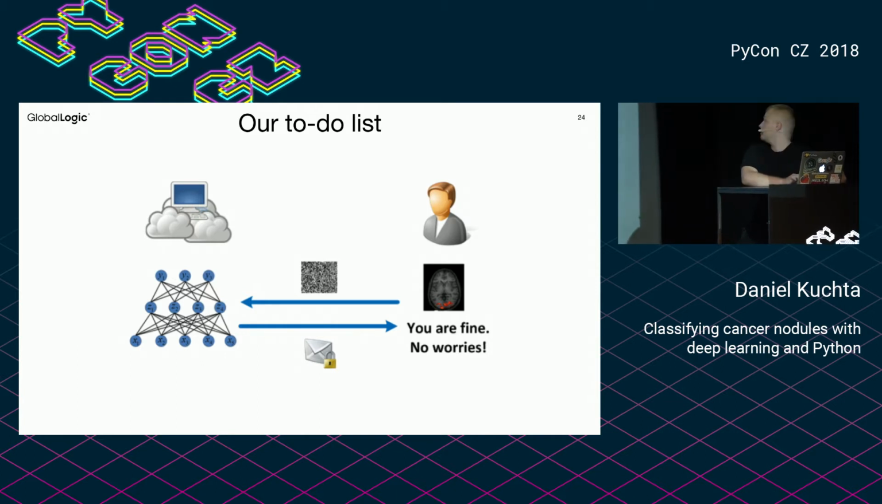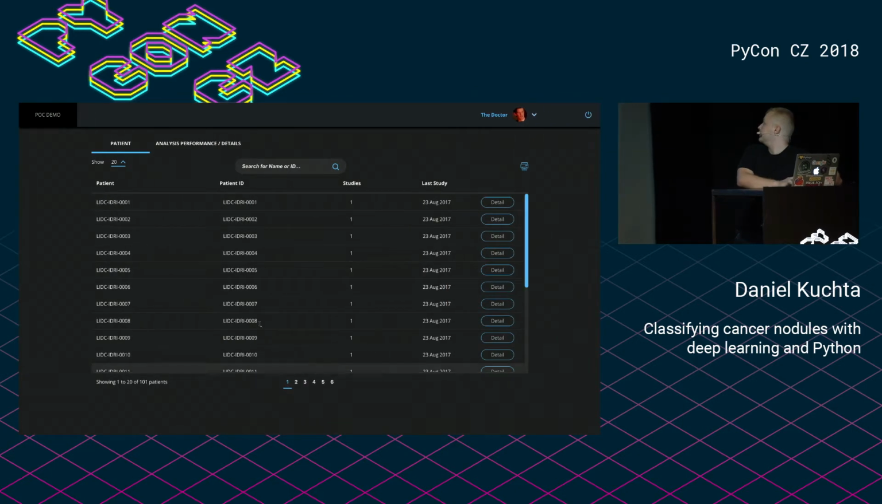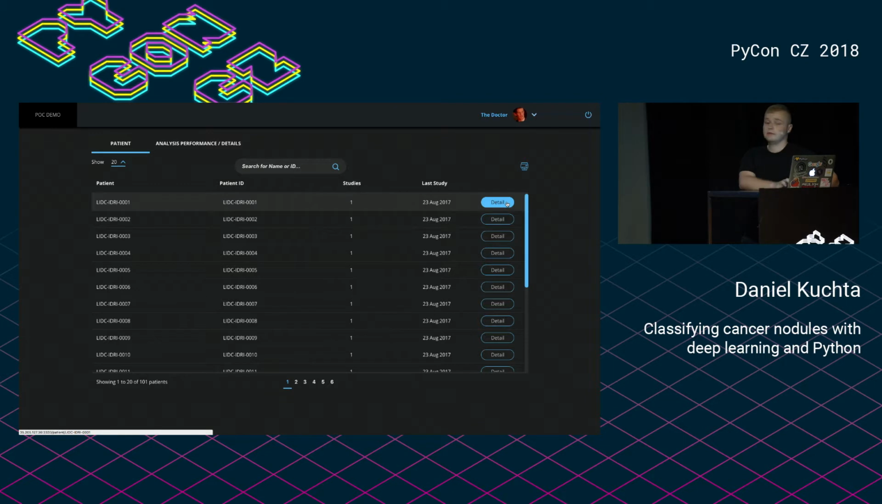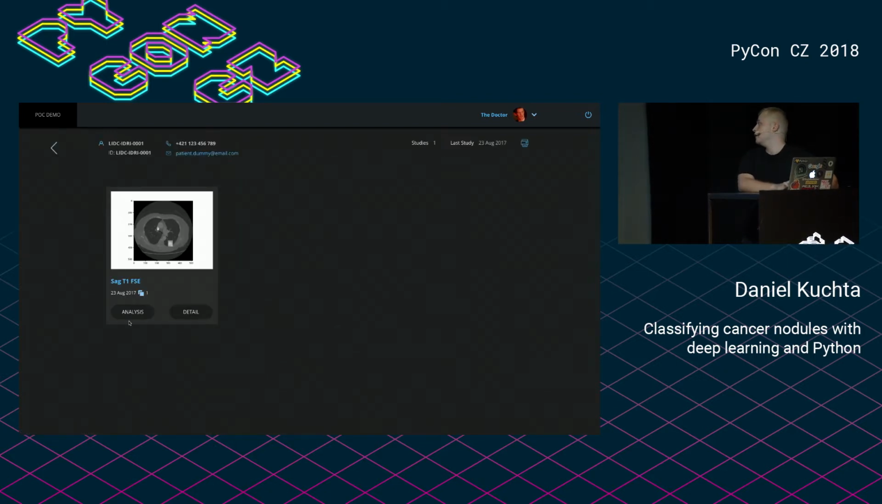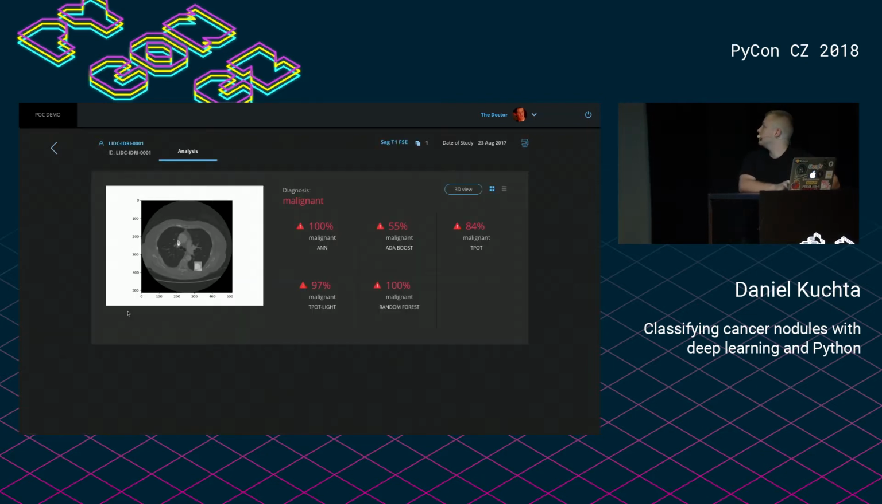Okay, so here's the demo of the application we built. This is a user interface of a radiologist. So here's a list of patients, so you can just view the details of this patient. Here are all of the CT scans that are available for this patient. Here's just one. And this is the diagnosis